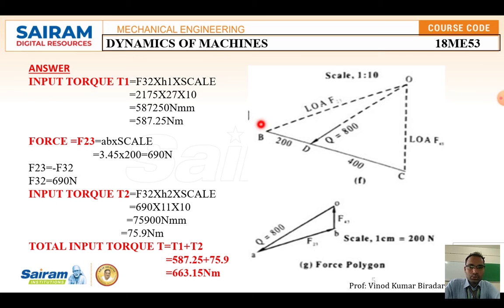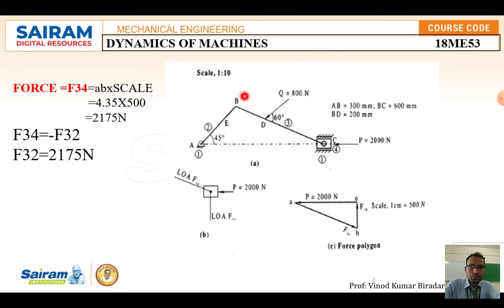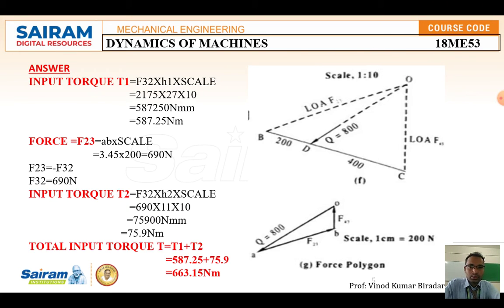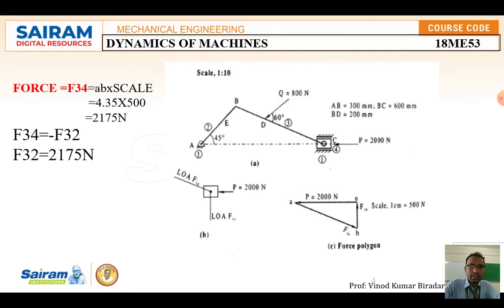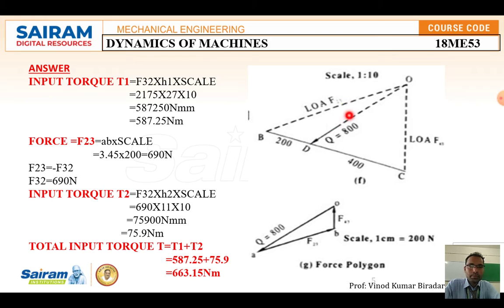Again BDC. Same, you have to transfer this force to some plane in the sheet. I have drawn BDC here, and with an inclination of almost 60 degree, you have to draw one force at 60 degree here. What are the three forces acting on this element? What is the condition for a three force element? All the forces acting on that element should meet at a single point. Just extend this line to some point, and extend this to some point, and extend this from C point to some line like this. So all the three forces will meet at one point.